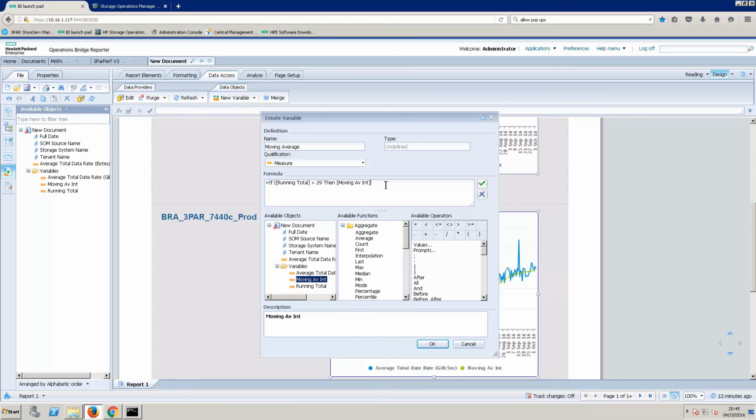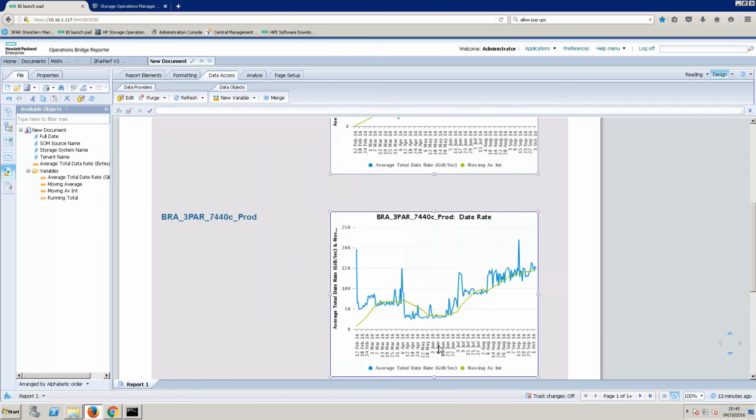Oh, wrong place. Do that, click OK. So if I add this equation, you should just see the line from there to there,